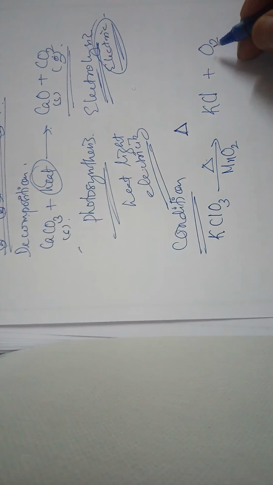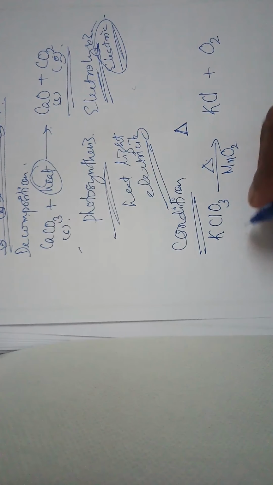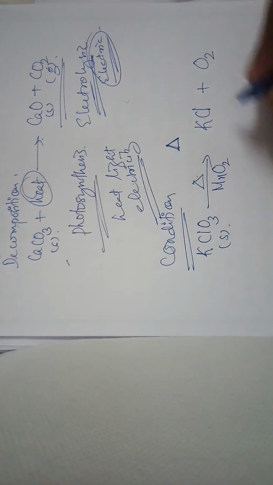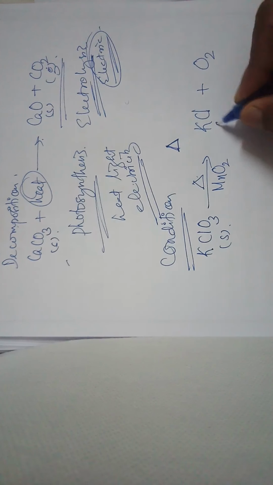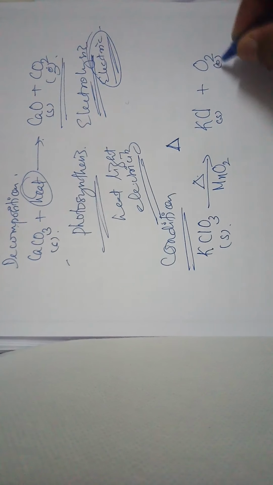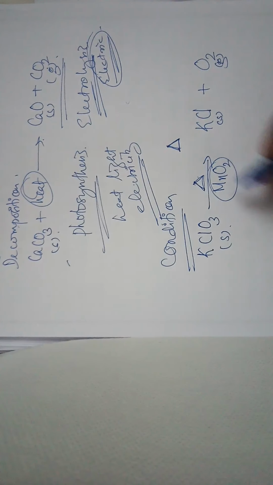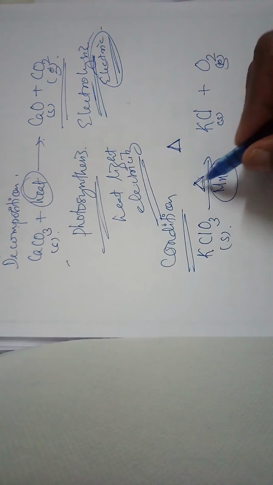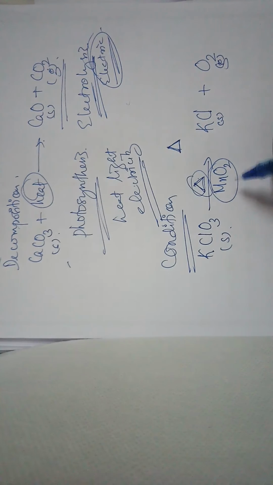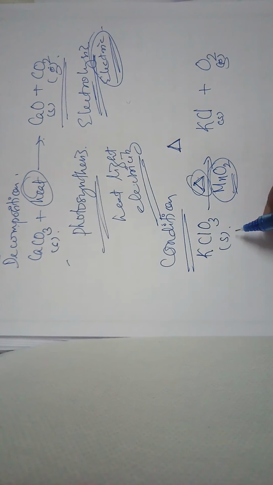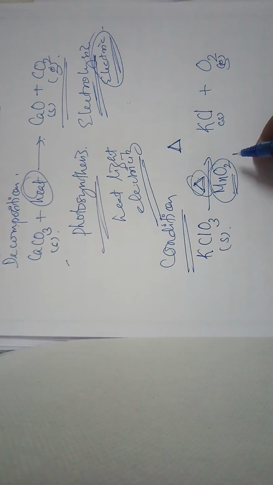So now write the states of these reactants and products. Potassium chlorate is in the solid form, and oxygen is in the gaseous form. Energy is supplied and a catalyst is present here. It is written below the arrow. Here delta stands for the heat and MnO2 is the catalyst. So the above equation shows the conditions under which the reaction takes place. The conditions of temperature and pressure at which the reaction takes place can also be indicated in the reaction equation by writing their values above and below the arrows.